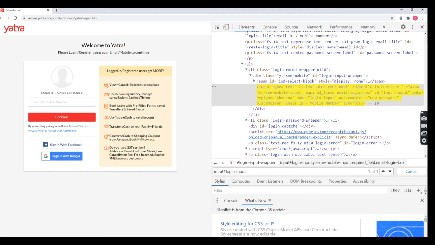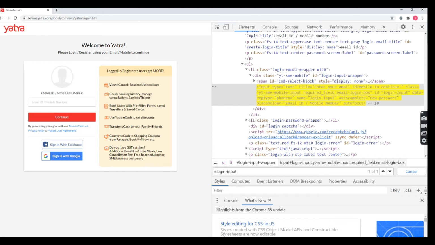If you don't want to mention the tag name, what is the syntax we are going to follow for ID? So remove this tag name. Simply you can put the hash symbol and attribute value. So here in CSS selector, the major advantage is you don't need to mention the attribute name. You can mention the attribute value only. That is enough. Based on that attribute value, that element will be highlighted.